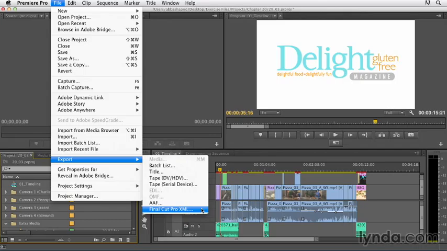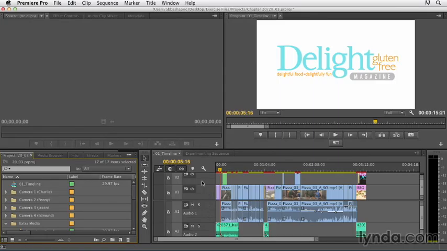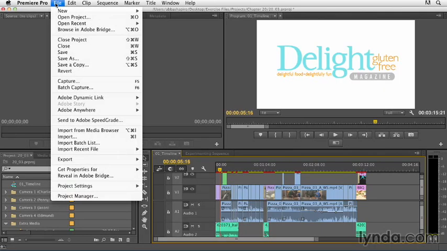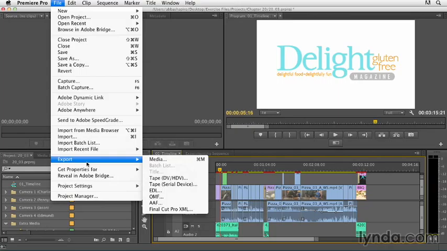Now you'll notice that EDL and OMF are grayed out, and that's because I don't have a sequence checked. These are definitely sequence-based, so if you don't have a sequence but your entire project checked, you won't see them as accessible. Now, once the sequence is selected, I can export an EDL, that stands for Edit Decision List,